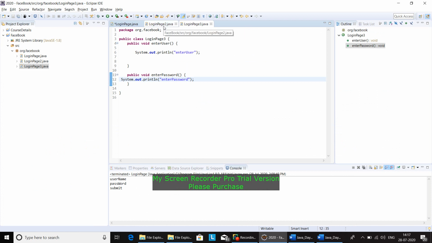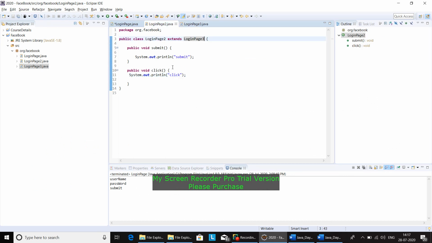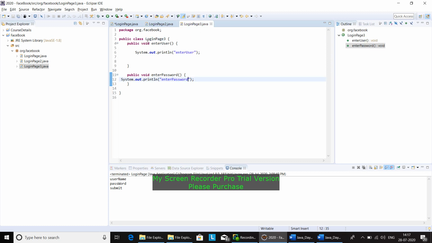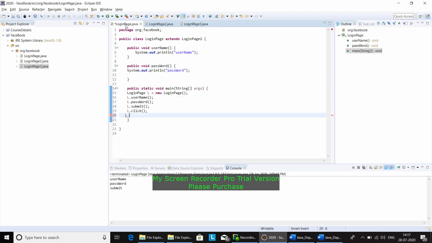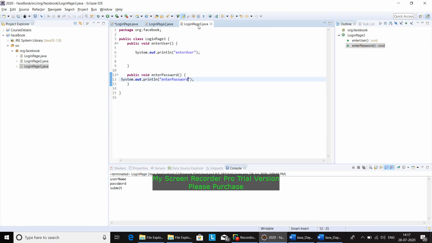See, in this LoginPage I did not create any main method, we just created a class and a method name and printed it. Again here we just created a class and the method and printed it. Now coming back to LoginPage, we have given the methods enter username, enter user and enter password.